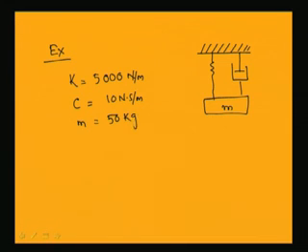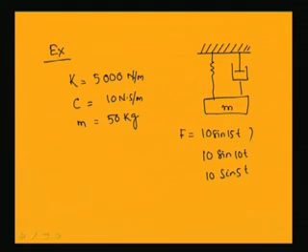So, we will find the response of the system for different values of the forcing parameter. In the first case, we will take F equal to 10 sin 15 t. In the second case, we will take it equal to 10 sin 10 t, and we will take a third case also, where the force will be equal to 10 sin 5 t. So, we will find the response for these three different forcing functions. Already you know the k, m, c values of the system.